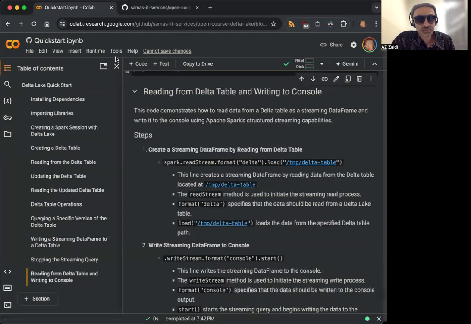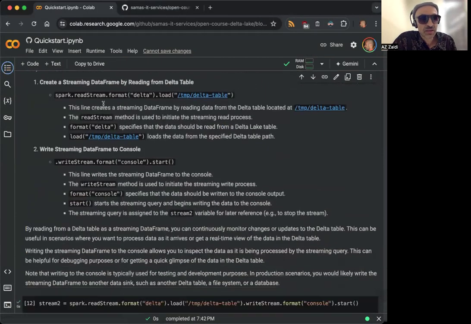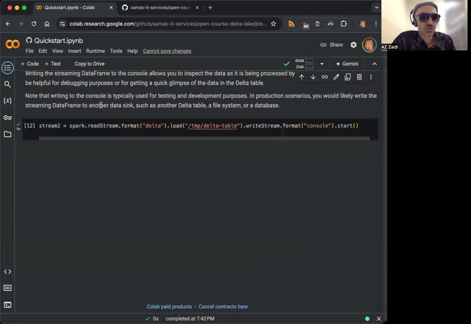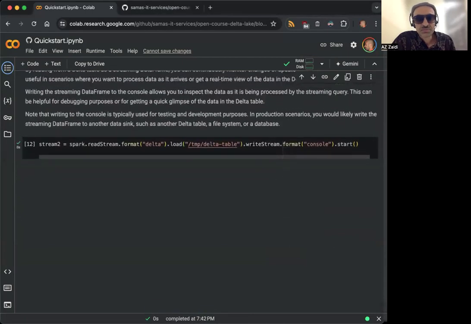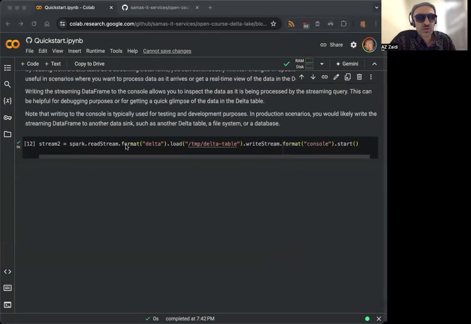All right, and finally, we are reading from a Delta table and writing to console. So what does this last command enable us to do? Stream2 is assigned the value. So let's start with